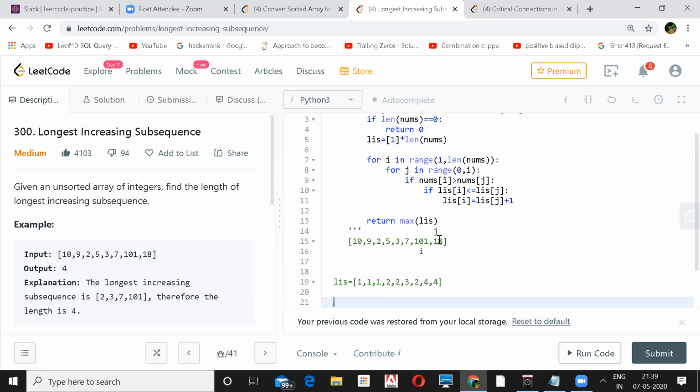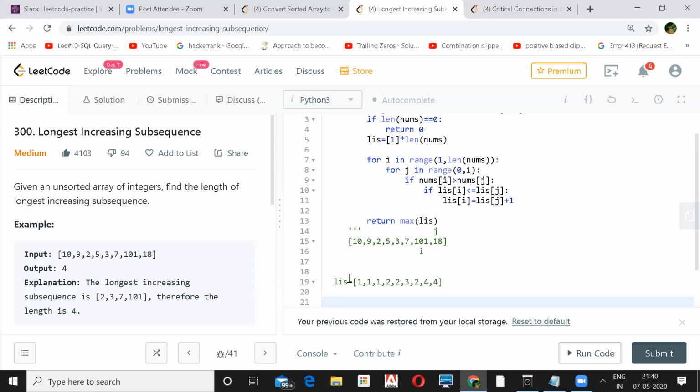Even a small modification can be made, and a variable maximum can be stored, and if max is less than the current LIS, then we can update the max instead of again iterating over the LIS and finding the maximum value. Exactly, you can eliminate this LIS by taking max so far. But at every point you check what is your maximum LIS. No, I think you should still construct that array. In this case also, you have to construct the array, but you don't have to again evaluate the maximum. This will save the space. Yeah, there's slight optimization there.